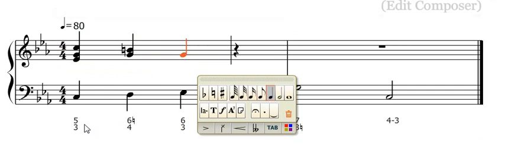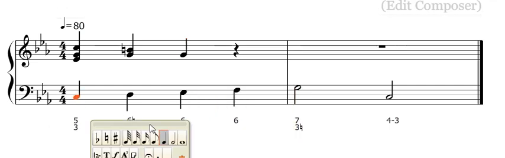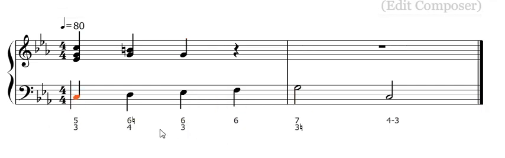For that reason, one of the conventions in figured bass is that we don't always need to write the three. If there's just one figure instead of two, remember, when we're dealing with triads that have three notes in them, sometimes four if it's a seventh chord, but almost always we've got three pitches to be dealing with. And if you've only got one figure, then it's perfectly okay to assume that the one that's been left out is the third. So I can just write